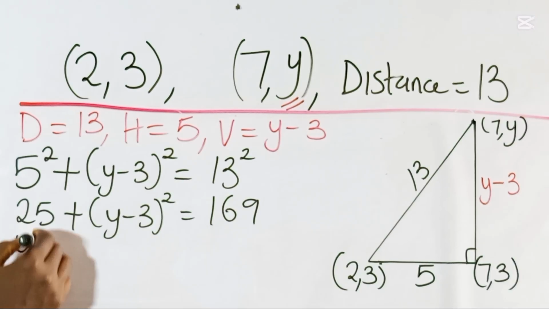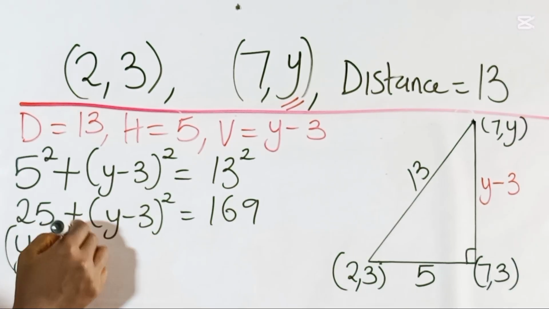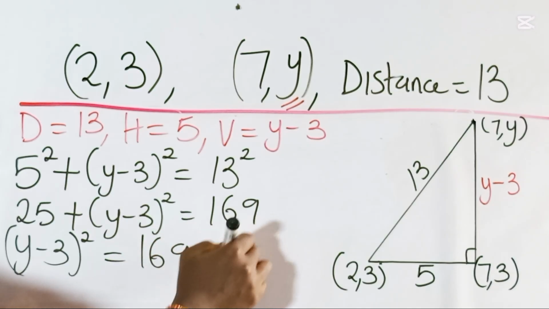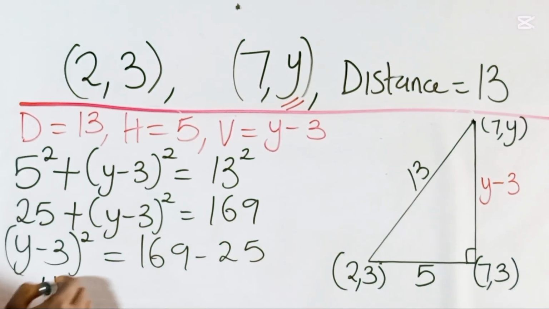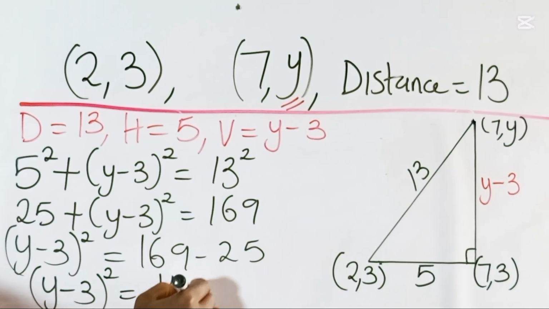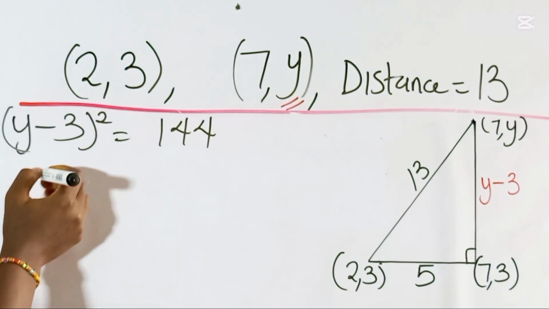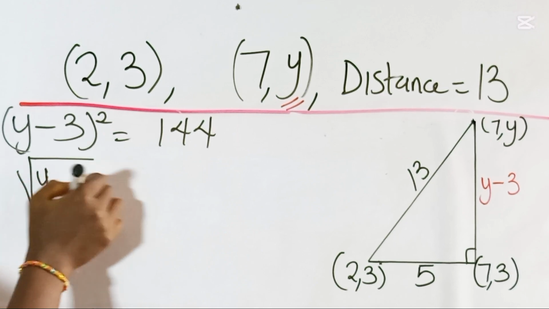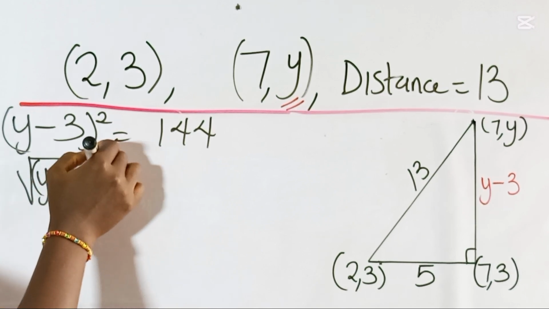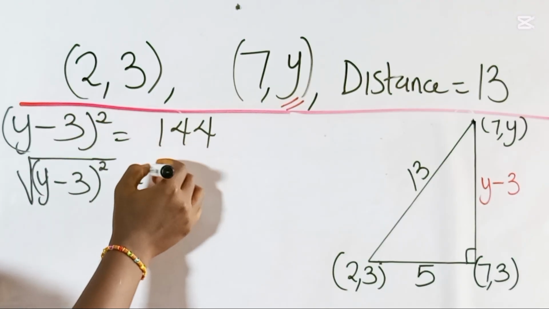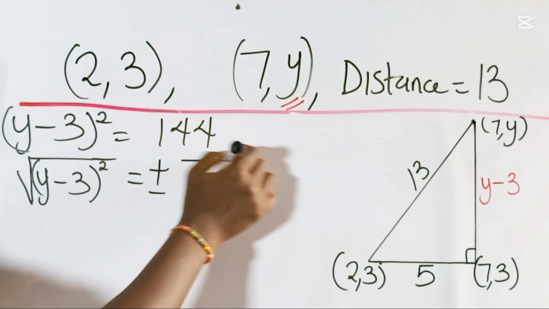We have (y minus 3) squared is equal to 169 minus 25. (y minus 3) squared is equal to 144. So we find the square root of both sides, and you must include your plus or minus sign,